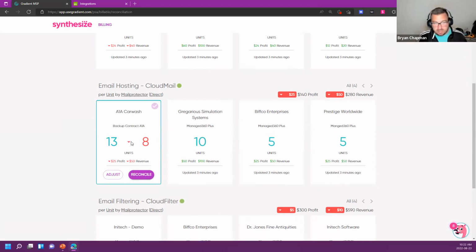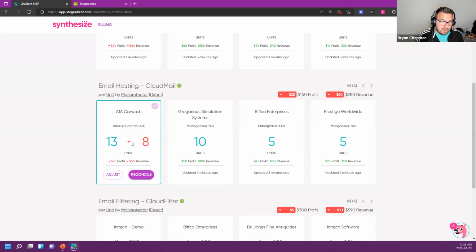So you're going to be able to see these changes, these downgrades, upgrades throughout the month, and then truly be able to get paid for everything that you do each and every month. So you're going into our billing module prior to your invoice cycle because you're billing in advance. So this is where you're going to suck in all that information from the Mailprotector integration. You're going to be able to review these. And the reason why we want you to review these is because we want to make sure that we are truly